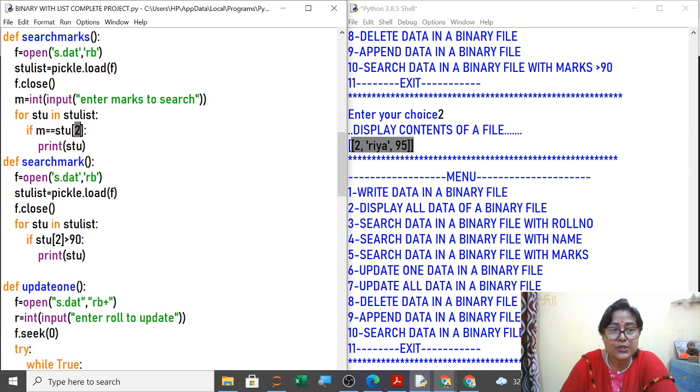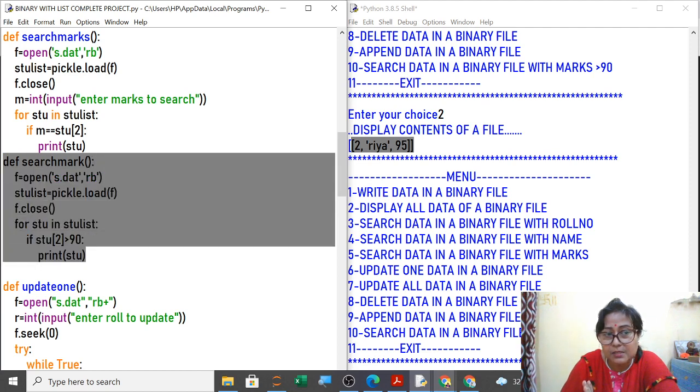Now this is the condition. If any condition is given, such as greater than 90, you have to search, or suppose in a bank it is asked that whose balance is greater than 5,000, you display those records. Now in the board exam, mostly you are getting this search and display. So after searching you are displaying here. Now this is a short answer. So if you are remembering this one, even if you write the dictionary method or the try and except method, then also your answer is correct.